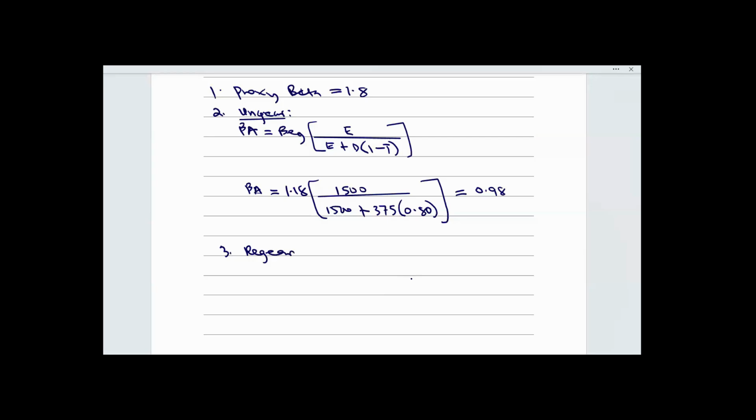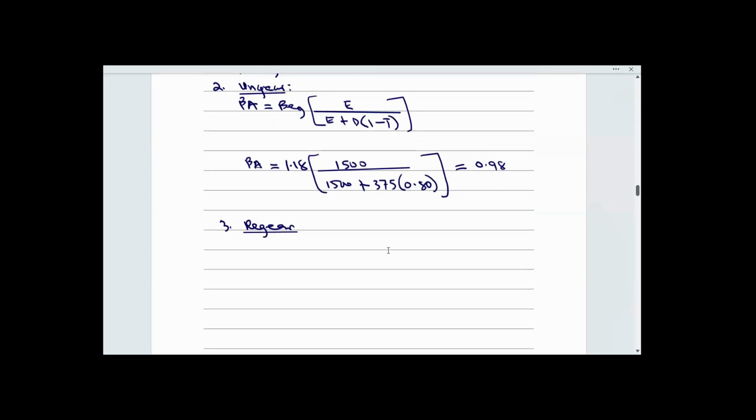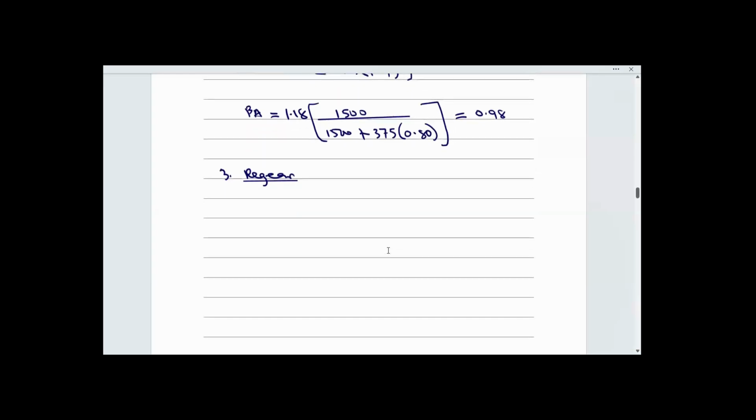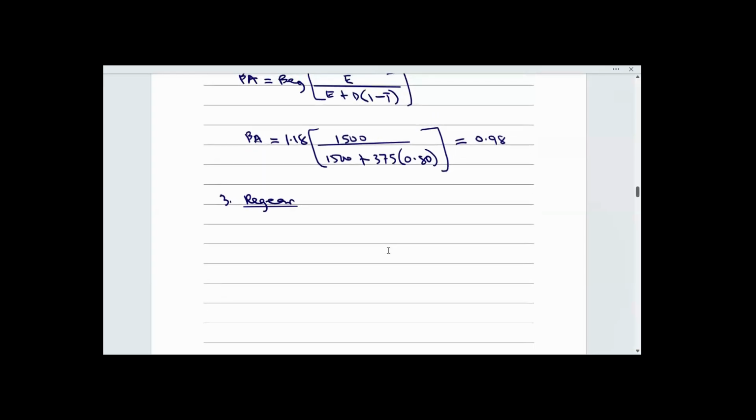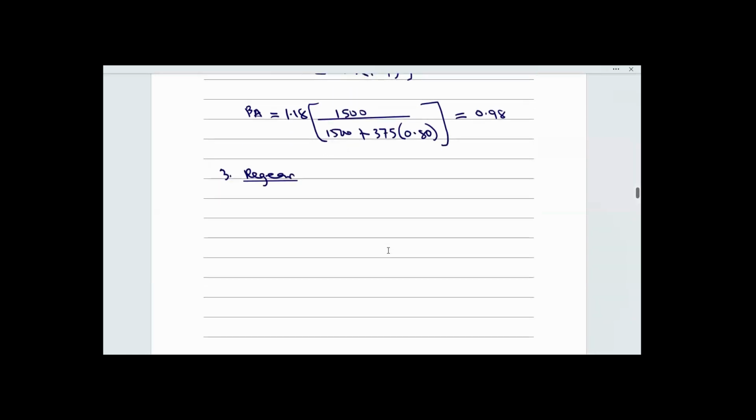Yes, Rose, talk to me. So how did you get this 0.80? The tax rate is 20%. 1 minus tax will give you 0.8. Is it clear? Yeah. So to regear, since debt beta is assumed to be risk-free, I would then say beta equity of the geared firm